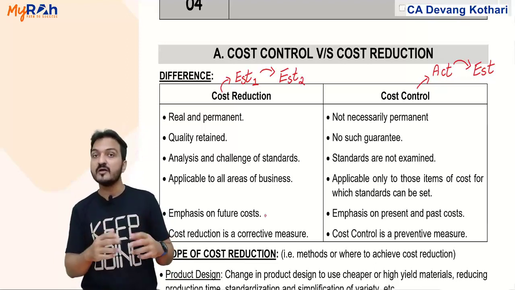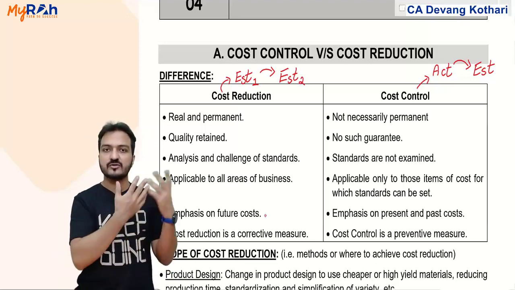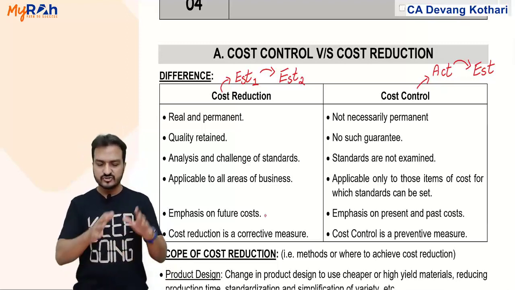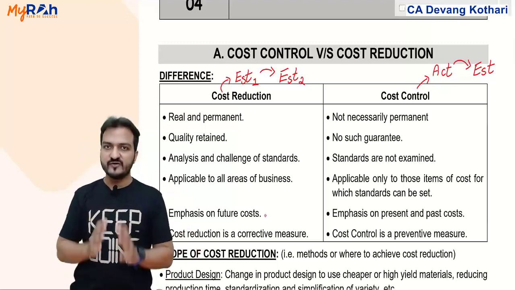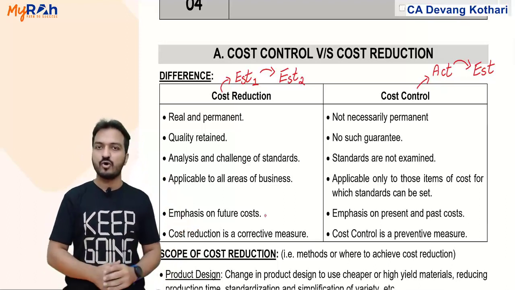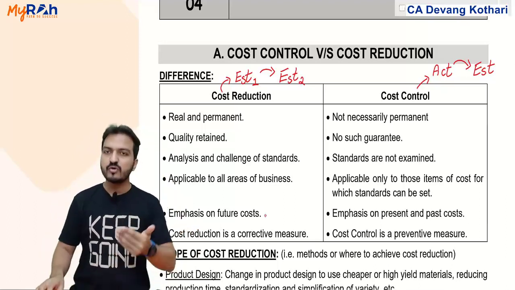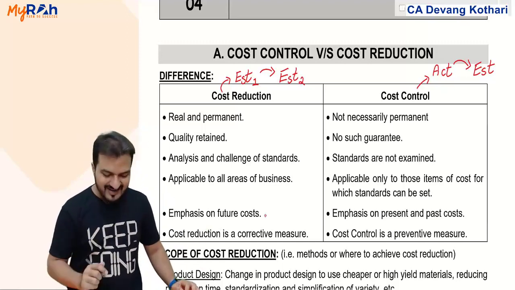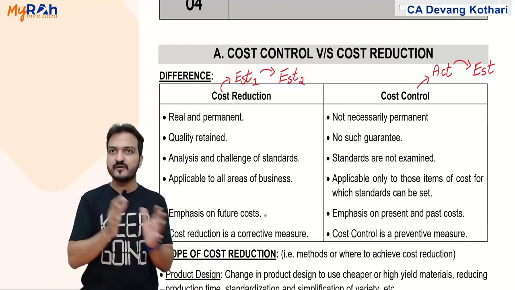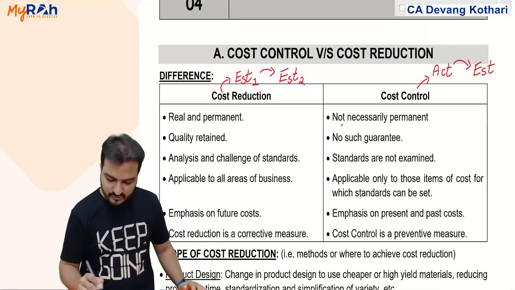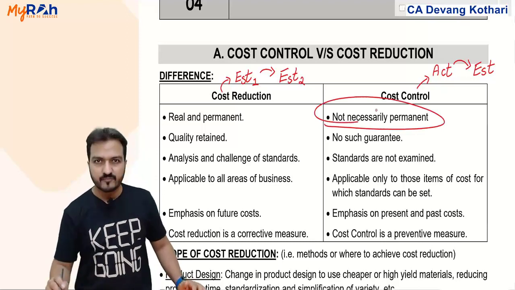For cost reduction, you need to think of, say, new technology of production, maybe change the design of the product. Yes, so change of technology, change of design are the two most common methods of achieving a cost reduction. Many more methods of achieving a cost reduction we'll see further. Yeah, but as of now, this explains what is cost reduction, what is cost control, and that is why I say that cost control is not necessarily permanent.